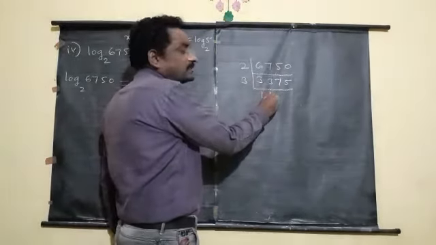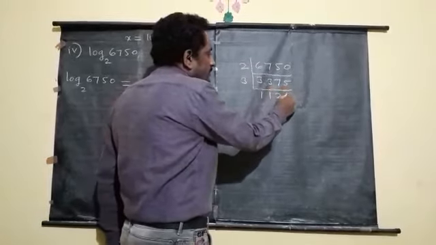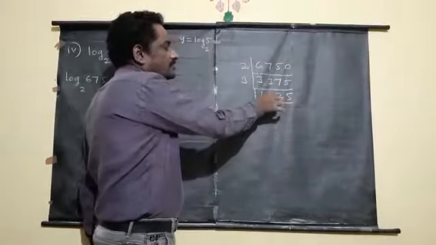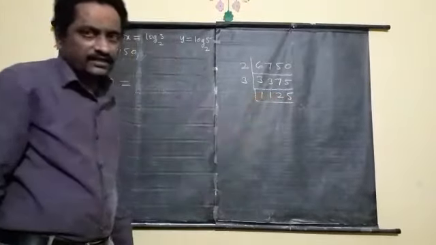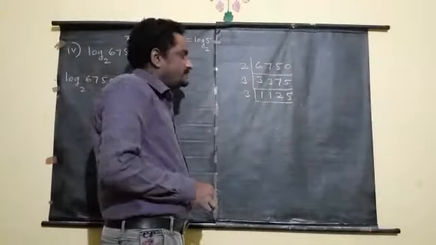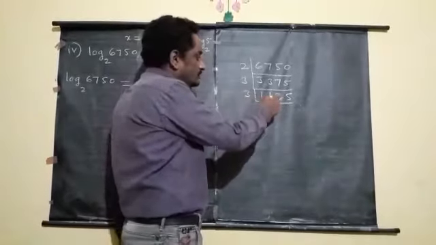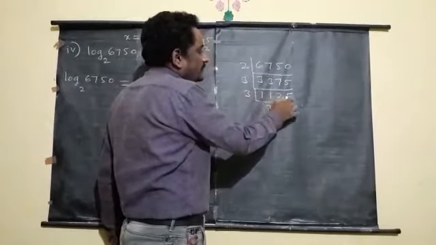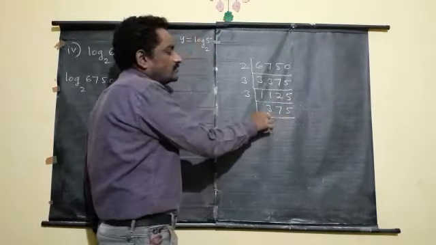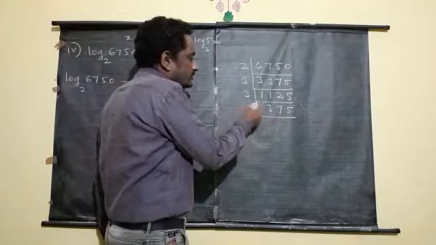3 1 is 3, 3 2 is 6, 1 remains, 15, 3 5s are 15. Again 5 plus 2 is 7, 7 plus 1 is 8, 8 plus 1 is 9. 9 is divisible by 3, so we can take 3 again. 3 3s are 9, 2 remains, 22, 3 7s are 21, 1 and 5 is 15, 3 5s are 15. 5 plus 7 is 12, 12 plus 3 is 15, which is divisible by 3. 3 5s are 15.